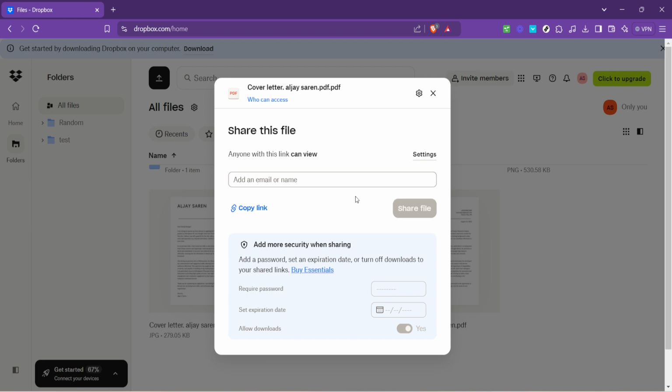In summary, Dropbox's sharing features bring a level of convenience and efficiency to file sharing that's hard to match. Whether sharing directly to an email or creating a link to distribute widely, the process is designed to be straightforward and user-friendly. Remember, you have control over your shared files, and setting the appropriate permissions ensures your documents remain secure while fostering collaboration. And that's it. You've just learned how to share a Dropbox file with non-members. This feature opens up numerous possibilities for collaboration and sharing, ensuring that your files reach the intended audience, whether they're part of the Dropbox community or not.